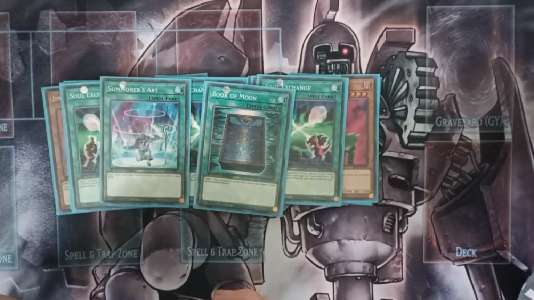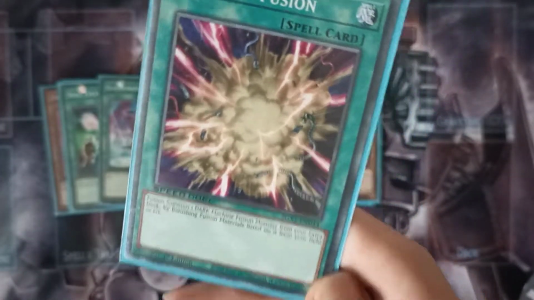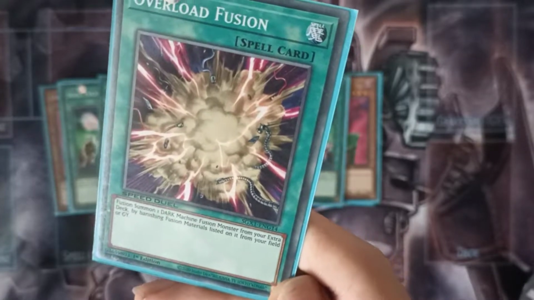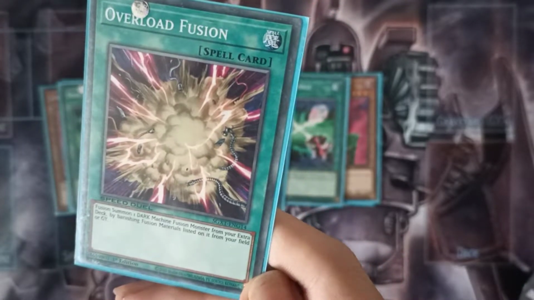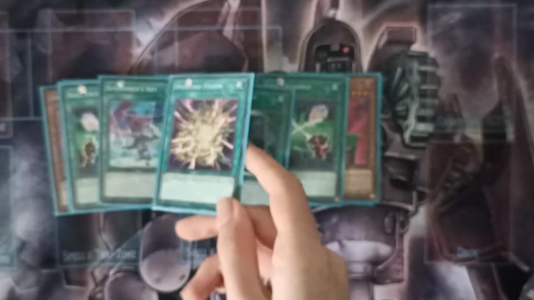Because I was looking at loads of deck lists, they're all very similar. I think it was Avolt who was using this, which is basically: fusion summon a Dark Machine fusion monster from your extra deck by banishing fusion materials from your field or grave. So basically, late